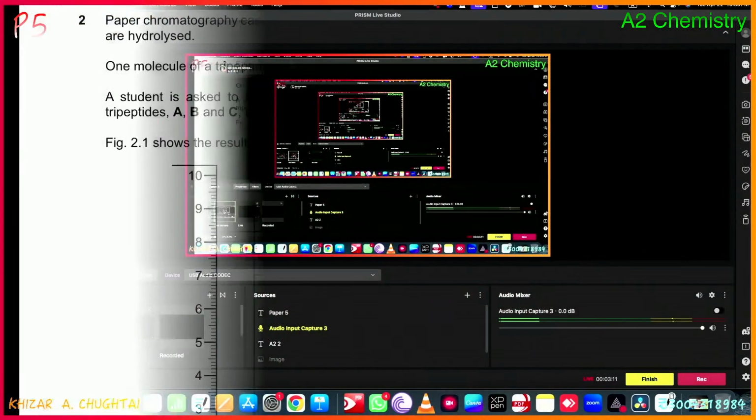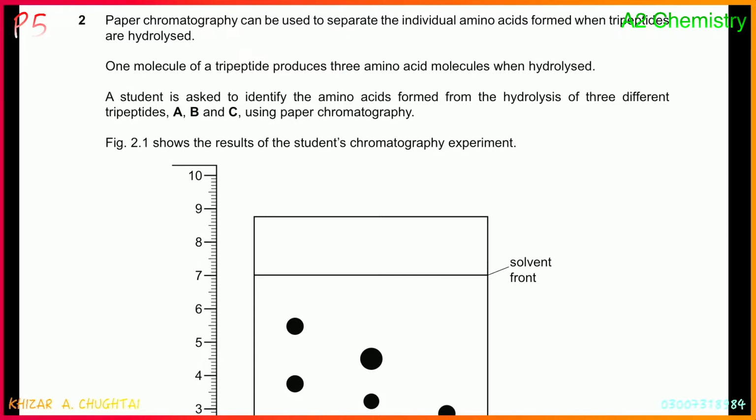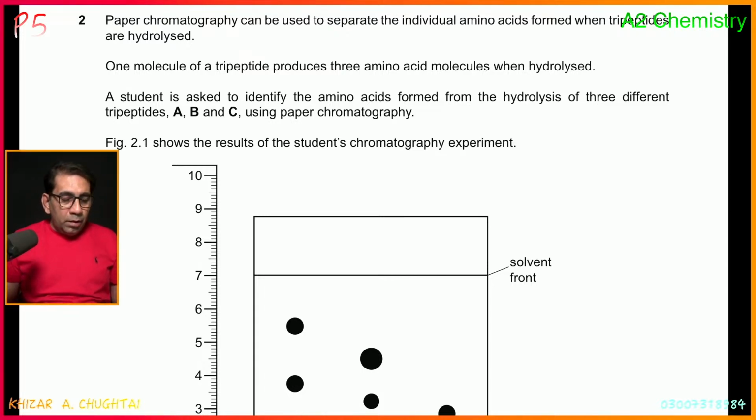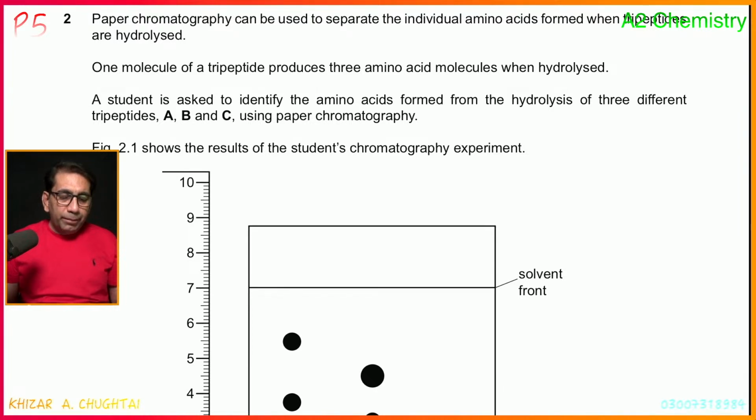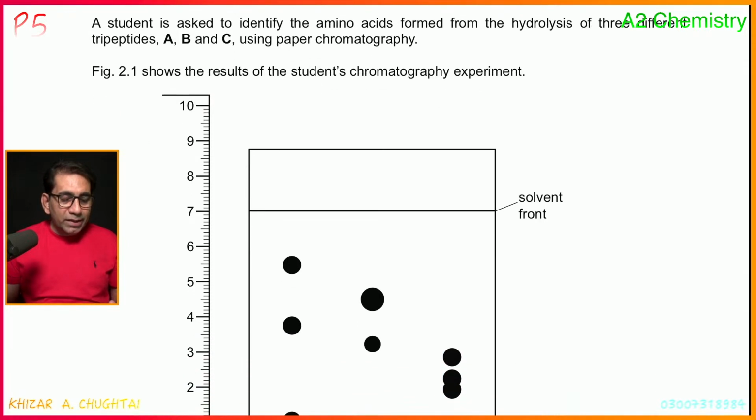Question number 2. Paper chromatography can be used to separate individual amino acids formed when tripeptides are hydrolyzed. One molecule of tripeptide produces 3 amino acid molecules when it's hydrolyzed. A student is asked to identify the amino acids formed from the hydrolysis of 3 different tripeptides A, B, and